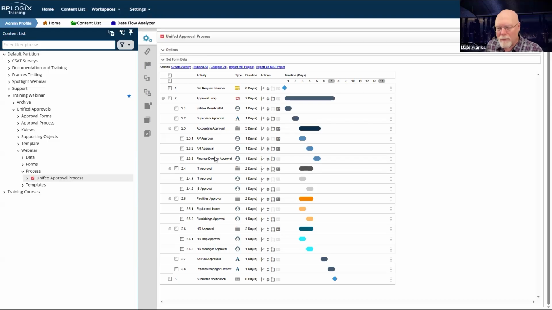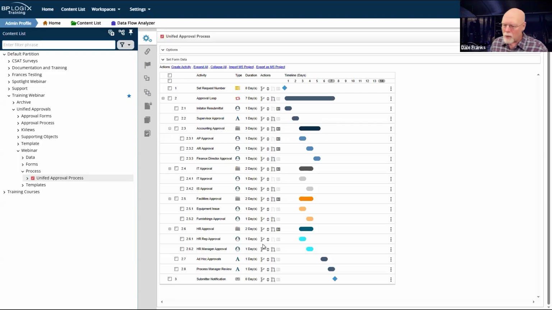But we are going to have to come back and look at this, and this is going to require some special handling. So we're going to come back to this finance director approval activity in a little bit. I have a problem that I need to solve. And frankly, having created this, I'm not entirely sure how to solve it. So we may get to look at a little troubleshooting today to see how we're going to make this work. It's going to be a little complex, perhaps, but we'll come back to that.